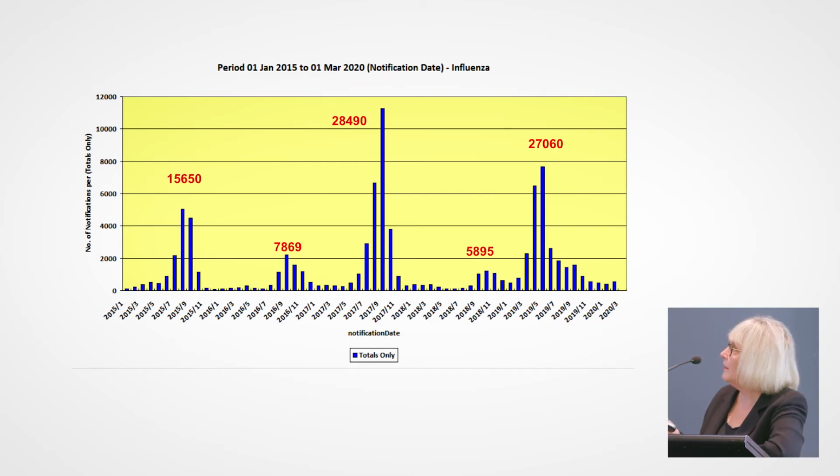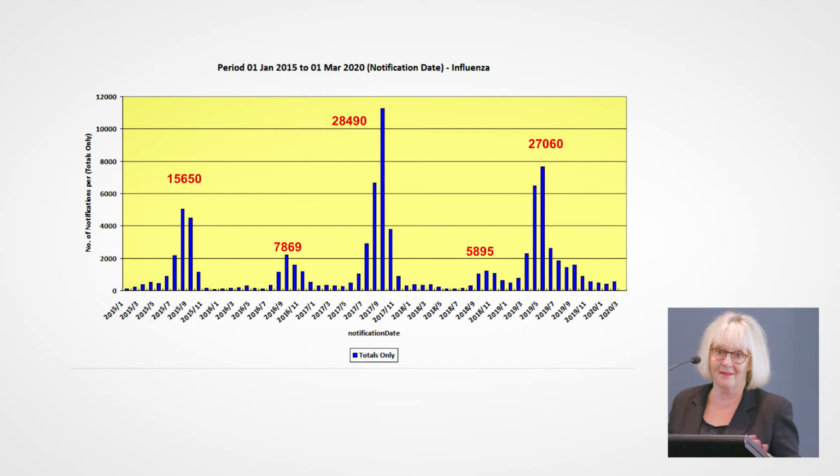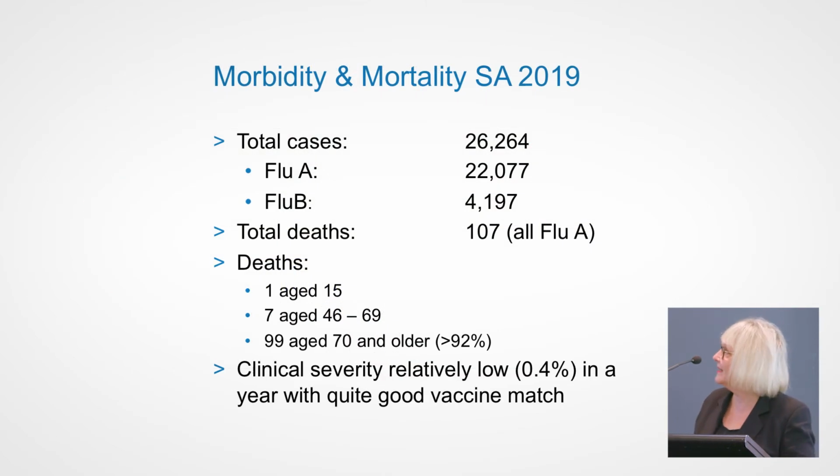For South Australia, just showing you our data for the last few years. So back to 2015, which was a big flu season. 2017 was our biggest, and 2019 was also very big. And you can see that in between those big years, we have had fairly low flu seasons. So I am hoping very much that this year's going to be one of those, because we have other things that are going to be taking our attention. And it would also be nice if we don't have too much co-circulation of viruses, but we don't know.